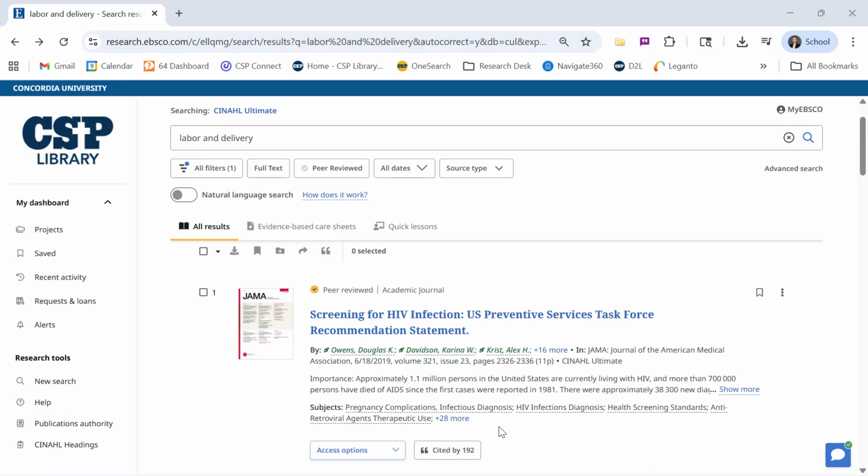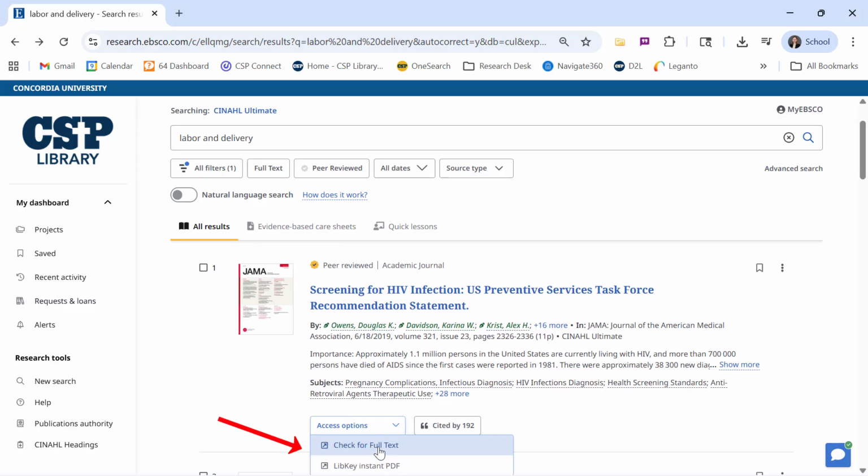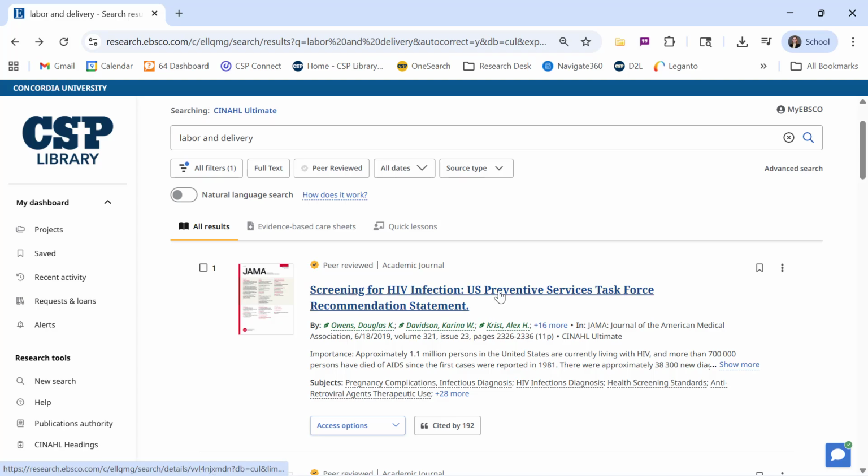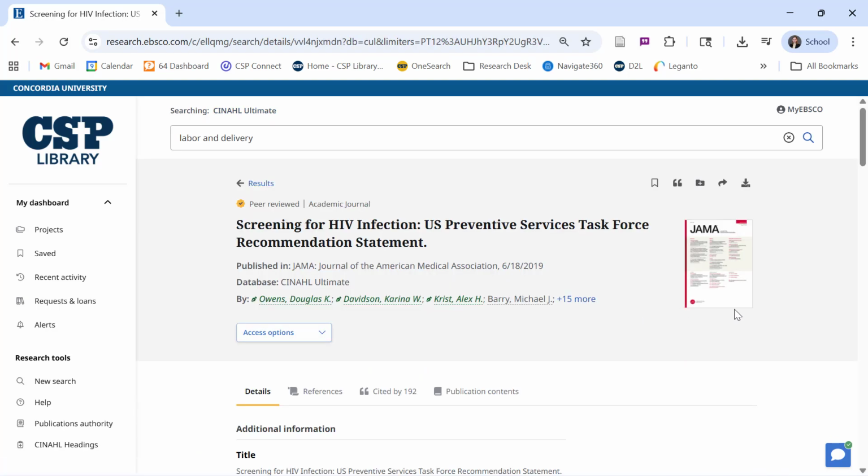You can read clinical practice guidelines in CINAHL just like any other type of article. Choose one of the options under the Access Options button to read the full text of the clinical practice guideline. You can also find more information about the practice guideline by clicking on its title and viewing the information page